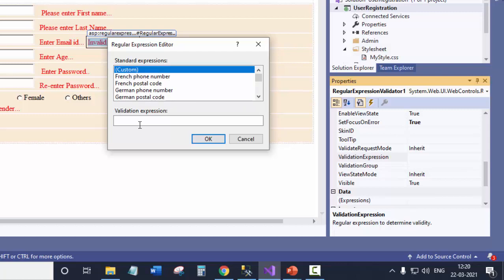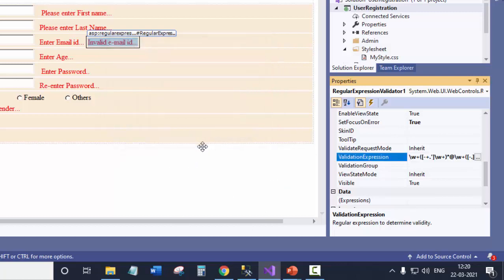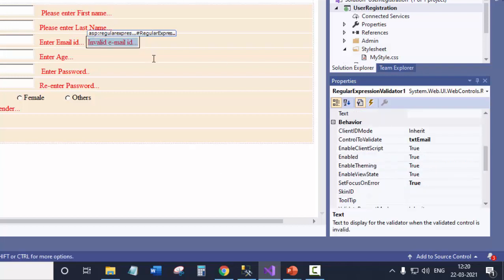You can also create your own custom validation. Now we want to use the email, so we'll use the internet email address, and click on OK. We also set the validation expression, that is the regular expression that will validate the email ID entered by the user.